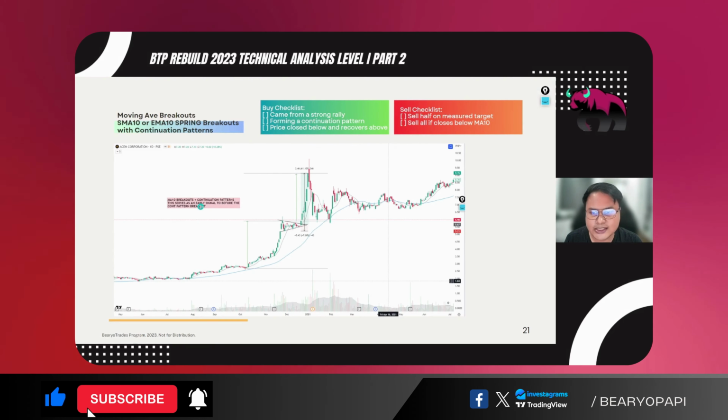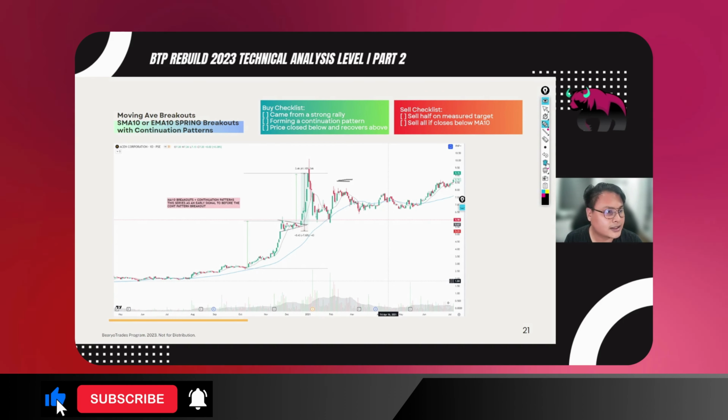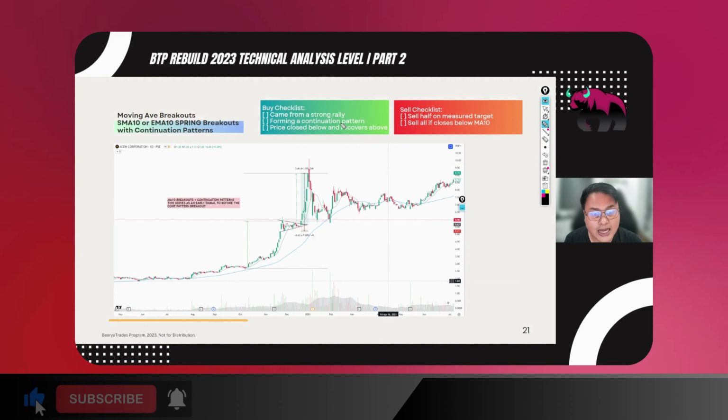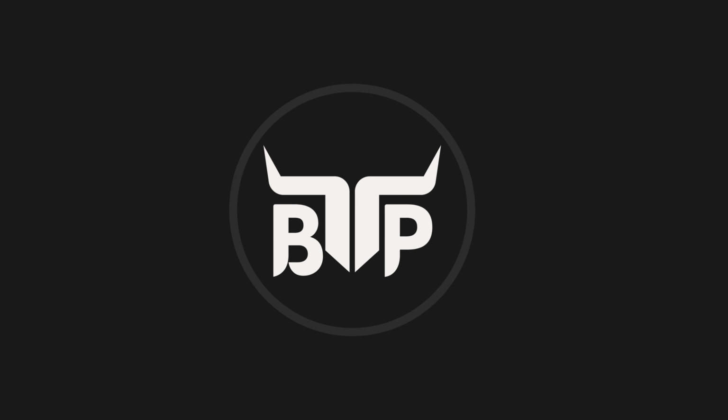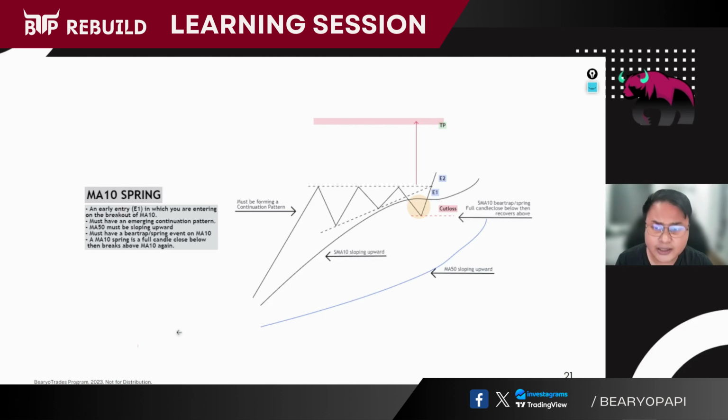So one example is this chart, no? Makikita natin na may checklist tayong nilagay dyan. Came from a strong rally. So yung MA10 spring is an early entry in which you are entering on the breakout of MA10. So i-annotate ko na lang. So early entry siya. So basically pag nag-cross below and then nag-cross above, that will be your E1, your first